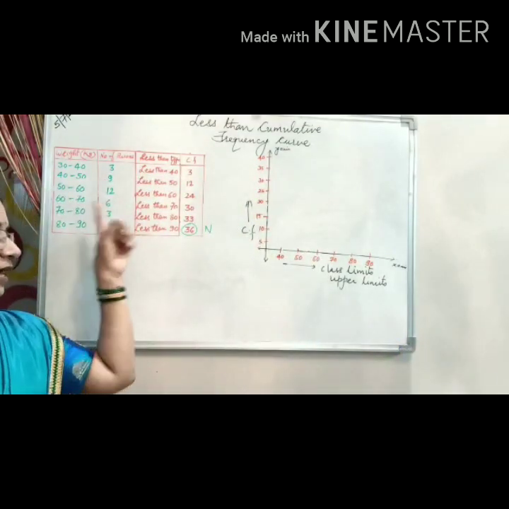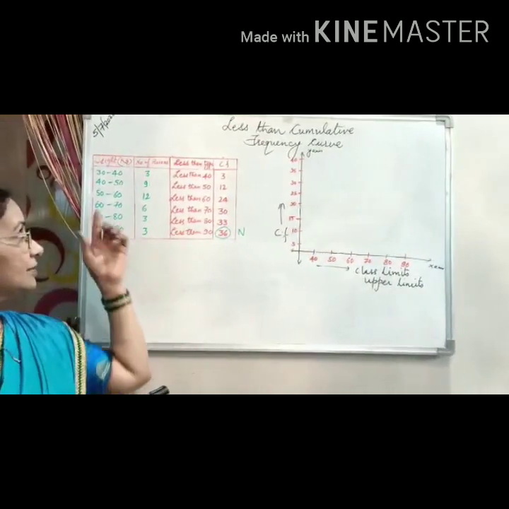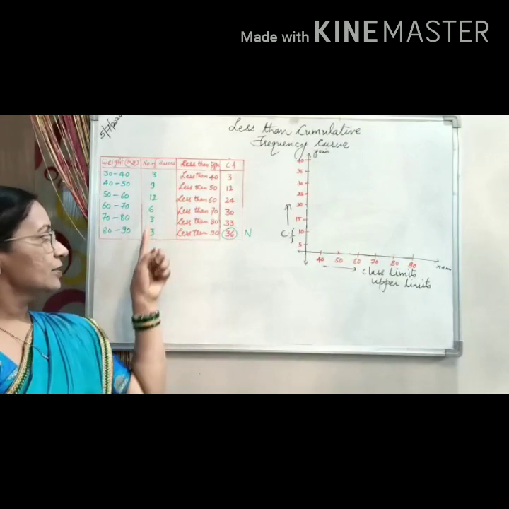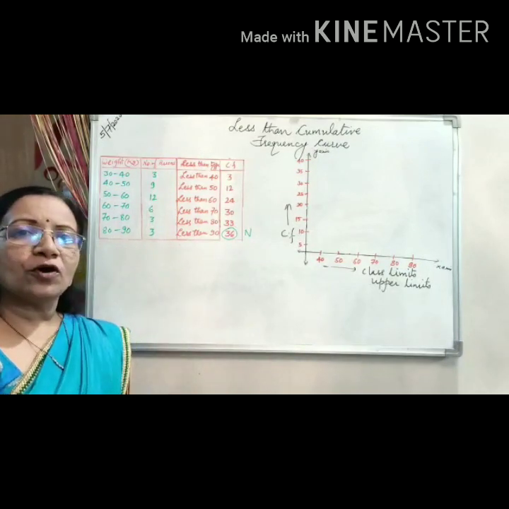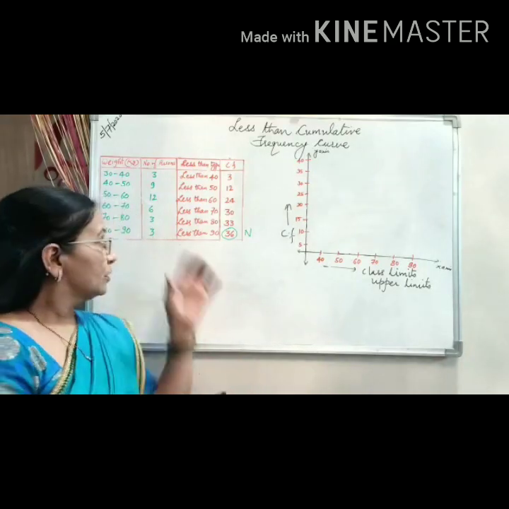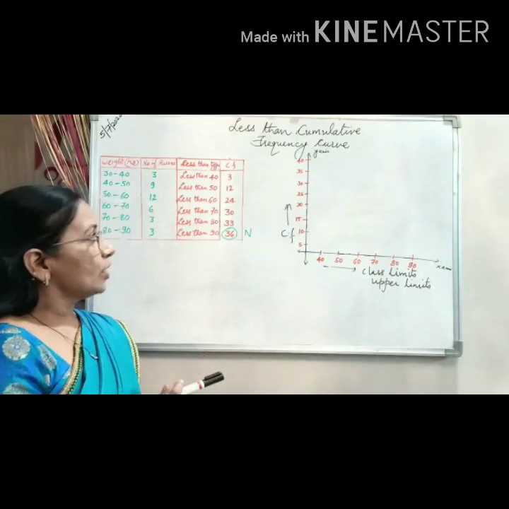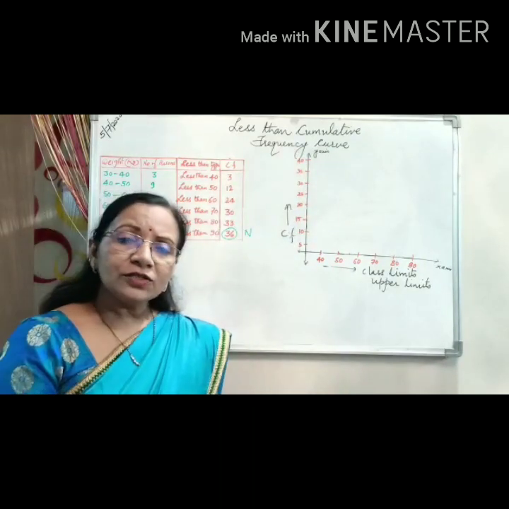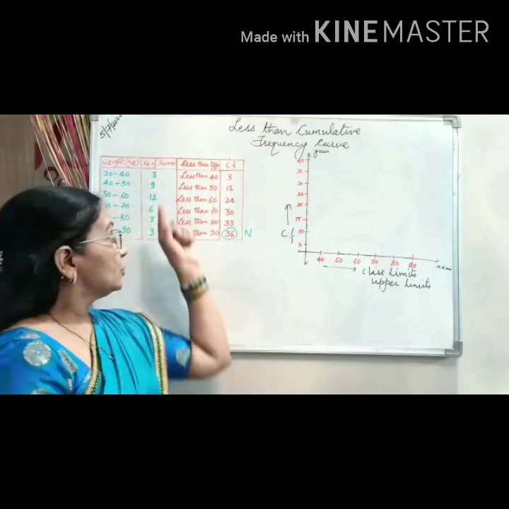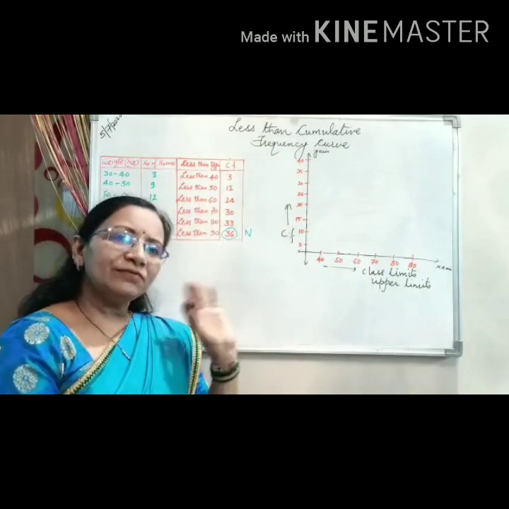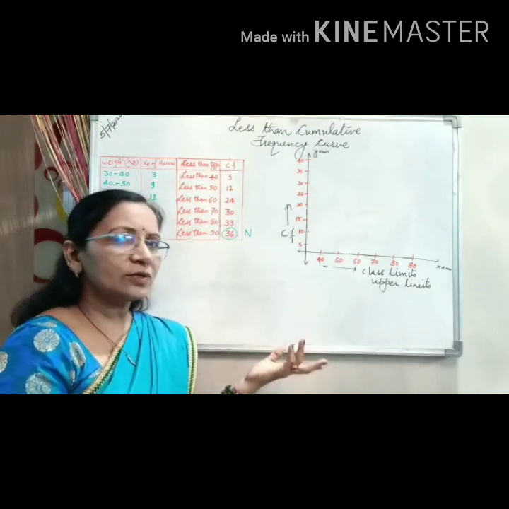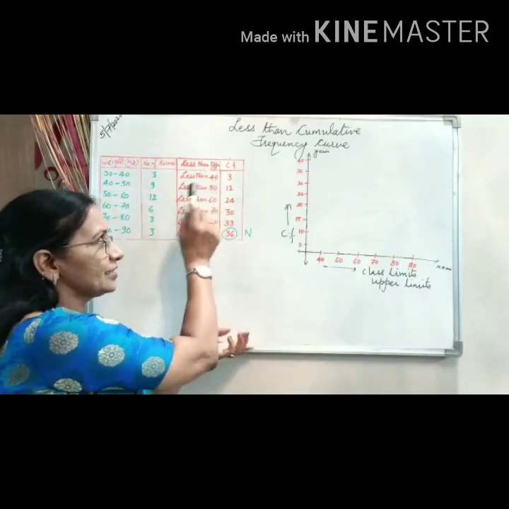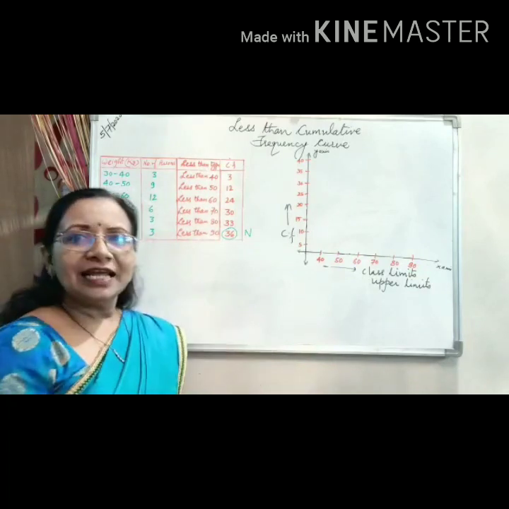Okay, so here I have taken data which shows some weights given starting from 30 kgs to 90 kgs. And there are different people belonging to that group of class intervals and the group of that particular weight category. Now since it is a less than type cumulative frequency curve, what is the first thing we need to do? We need to convert it into the less than type. Whenever the less than type cumulative frequency is plotted on the graph, it is going to consider the upper limits. So that's why I have written here less than 40, less than 50 and so on, less than 90.